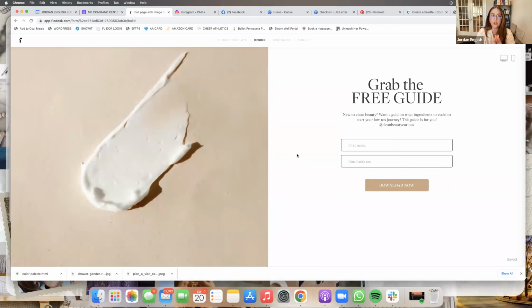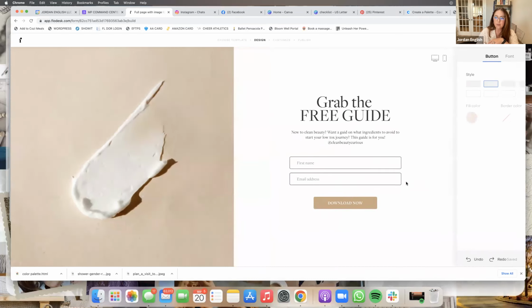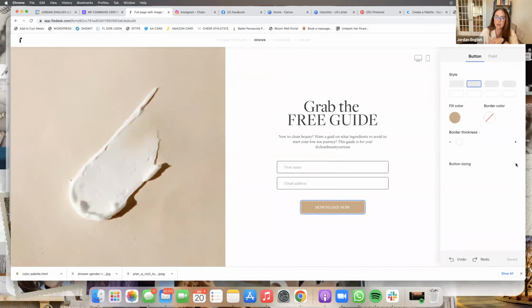This is just the example. So in order to get people to download your guide, you still need to have that lead capture form, just like your hair quiz, just like your work with me form. This is the landing page for people to download that. So you would have the link and they would insert their first name, last name, email address, download now. And you can click on that button and